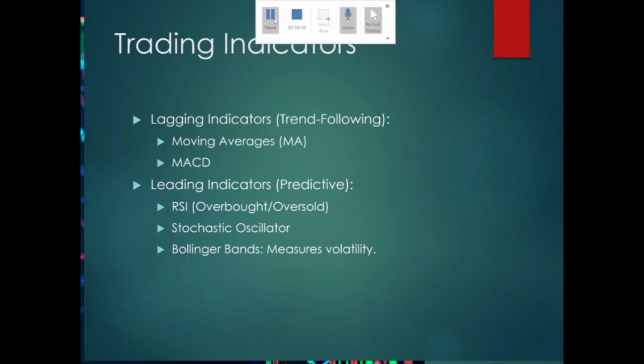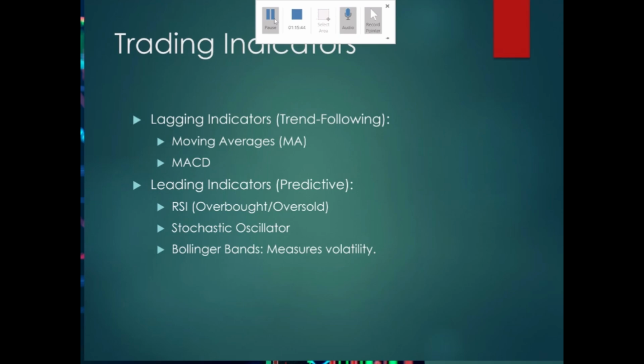So there are a dozen indicators out there, some built for beginners, and we'll just focus on two main categories that every trader should understand. So there are two types of indicators. There are lagging indicators, and there are leading indicators. So I'll explain what they are. There are so many indicators out there that you can use as traders to confirm